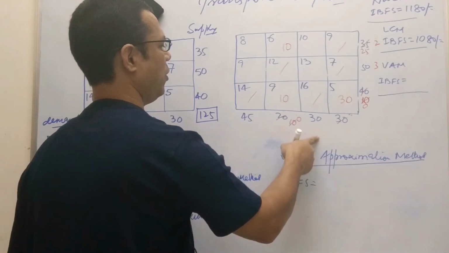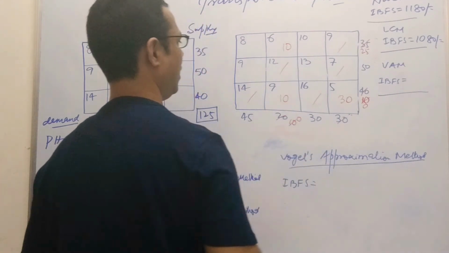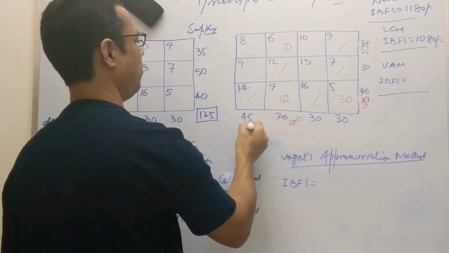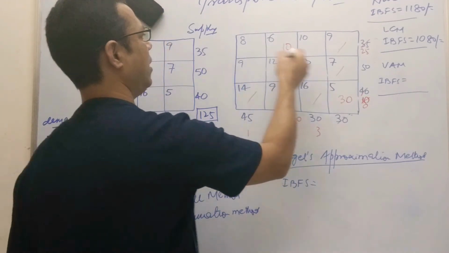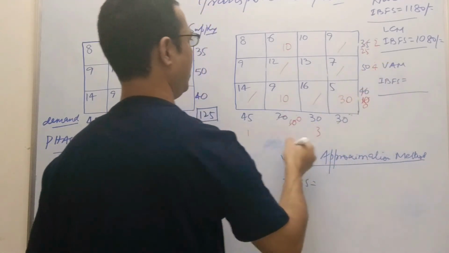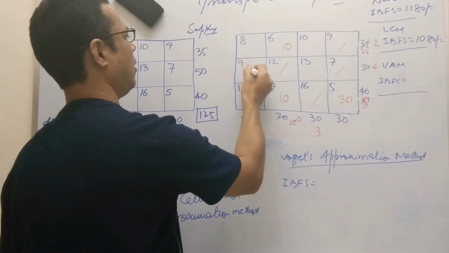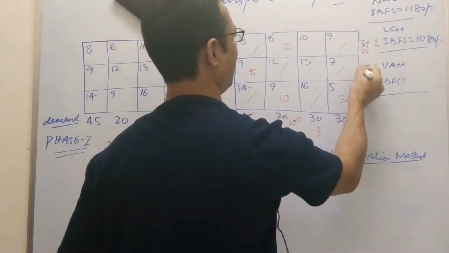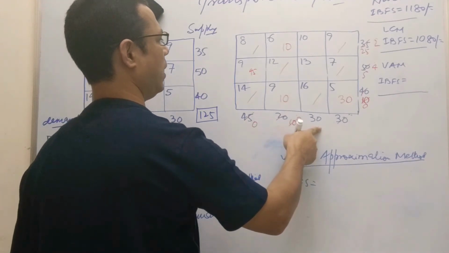Next, same procedure we need to apply all the time. We need to move all the time to get the result. Okay. So now here penalty 1. Here there is no penalty. Here 10, 13, 3. Here 8, 10, 2. Here 9, 13, 4. Out of these, 4 is the more. So we'll move here. 9 is the less. So here we'll shift 45. This 45 will shift here. There is no more demand. And this 50 will become 5. Now 5 are left. Now again we'll move to C.